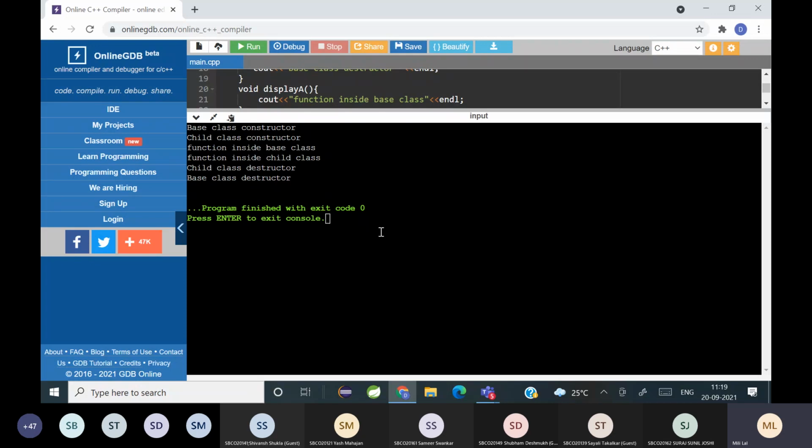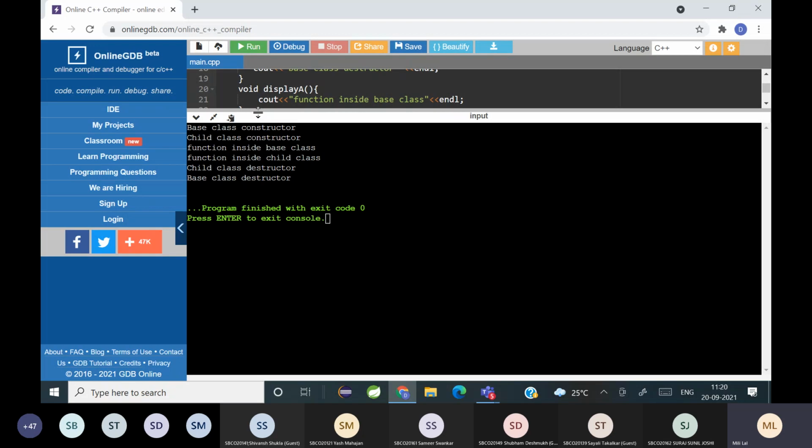So it is always taken care that when a class is instantiated, the base class constructor is called first, and only then is the child created. First the base is created, then the child is created. But when destroyed, first the child is destroyed and then the base is destroyed. Is it clear? Have you all understood it? Yes, ma'am. This is all part of the MCQs that you can expect.